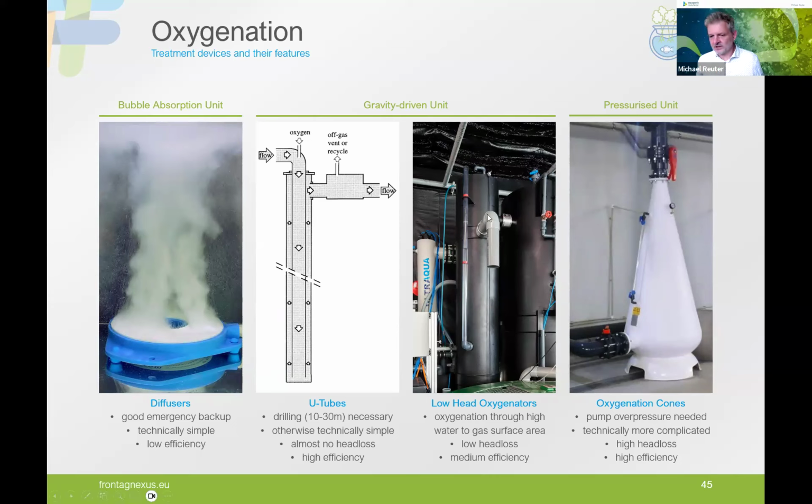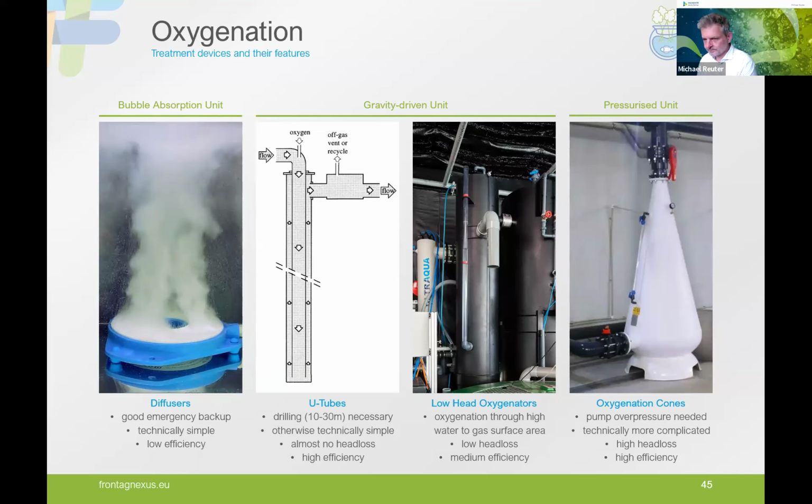And the advantage is that all the oxygen that is not used up by the water, we can recycle inside of our system, so that we don't lose much oxygen with this method either. But it only has a medium transfer efficiency, and it's probably a little bit more complicated as a device than